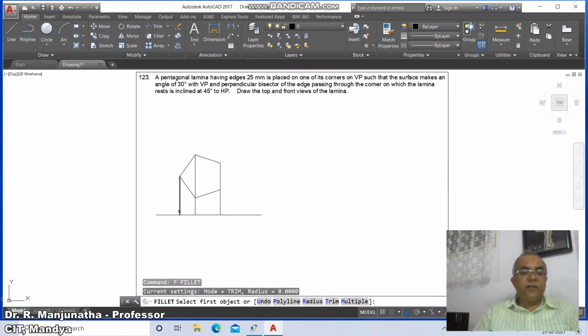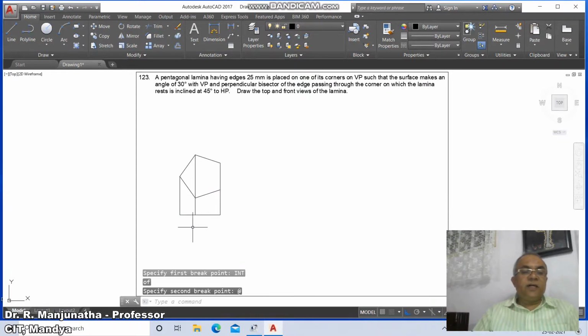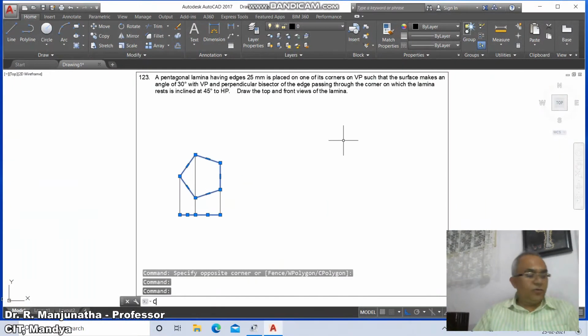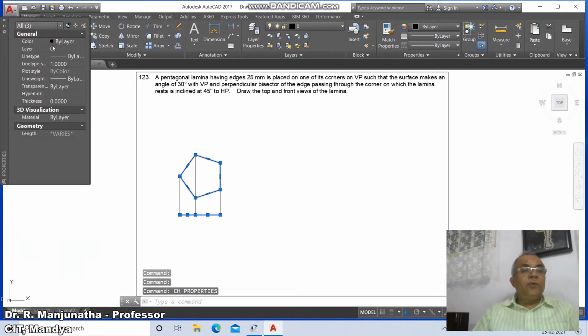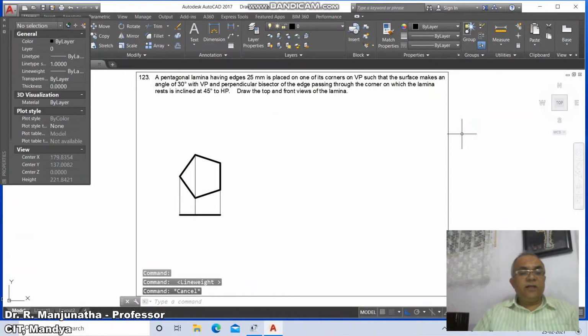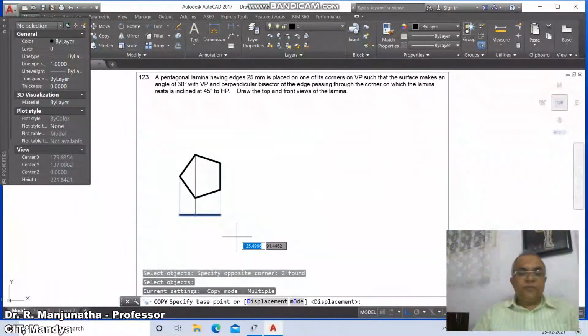Then go to fillet between these two and between these two. Then go to break, select this, take first point, intersection of this at the rate. Select this line and this line and this. Go to CH and now you go to layer and make this layer as views and switch on the line weight display. Then escape. Then you just go to copy, select this entire top view, first position,